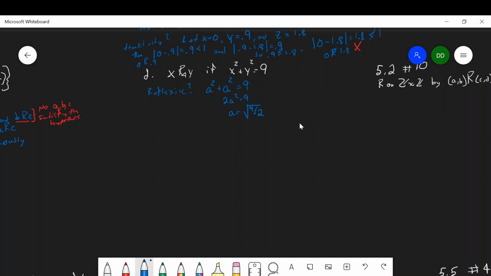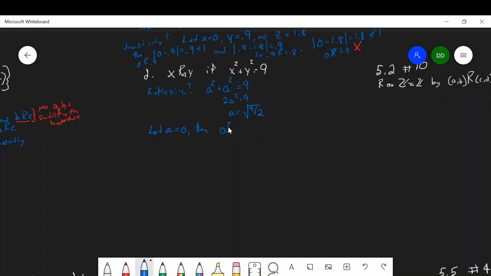Okay, so I assumed that a was related to a here. That was my initial assumption, and I just wanted to see what would have to be true in order for a to be related to a. What consequences of that are there? And I saw that a would have to equal the square root of 9/2. Well, that's not going to work for all a. a could be any real number, right? So it's absurd to think that a should be related to a for all a. So in particular, let a equal 0,